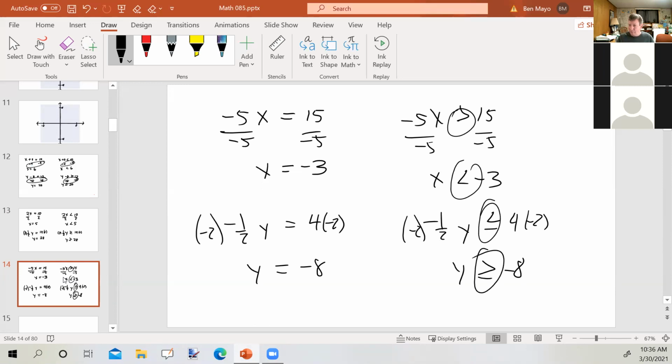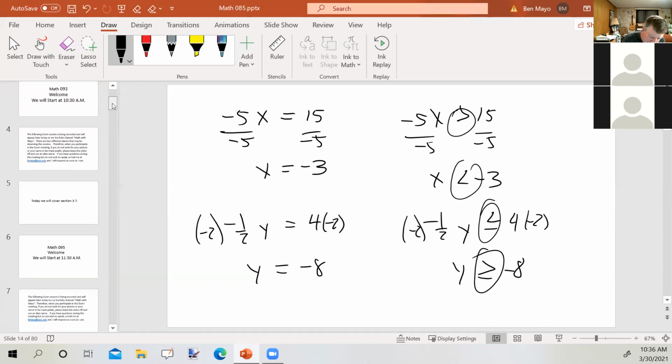So you've got to remember that one thing. Everything else is pretty much the same with solving equations and solving inequalities. Okay, now I want to look at